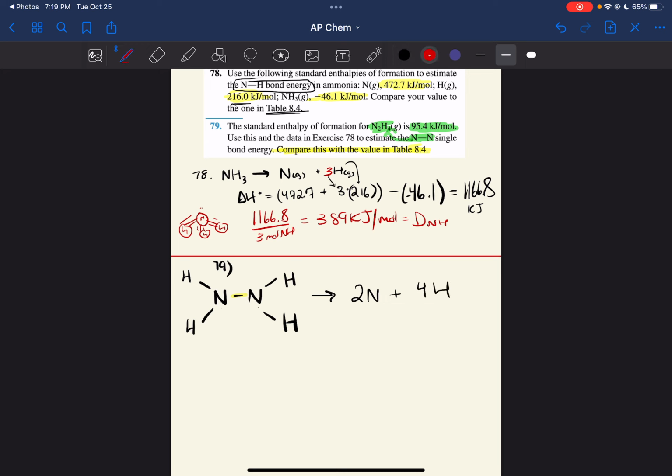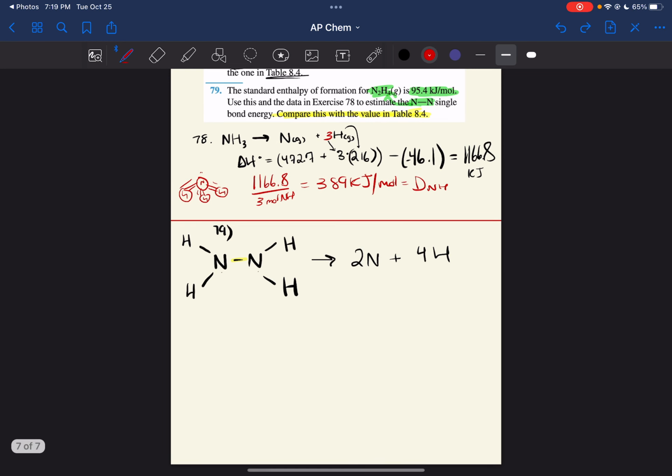In order to find the delta H just for this part, the enthalpy in general for the N-N single bond plus the 4 D of N-H,